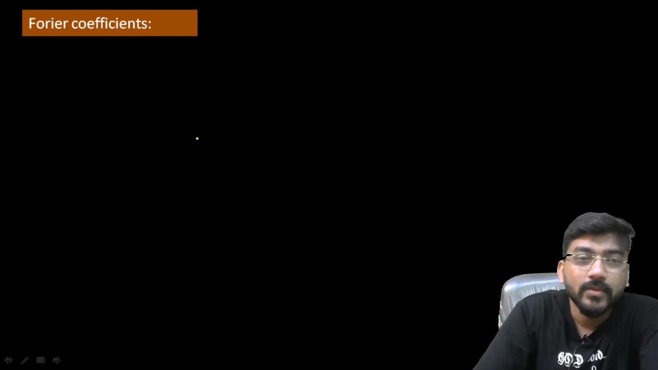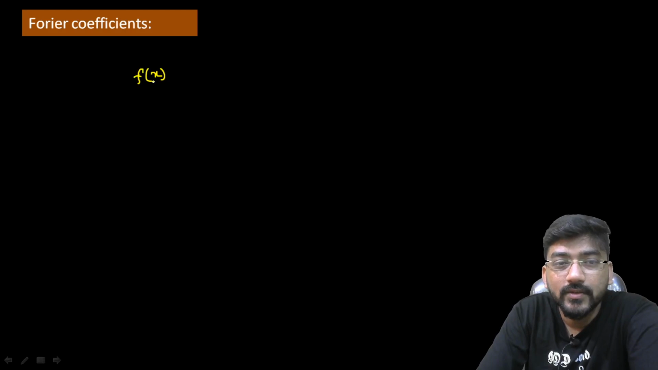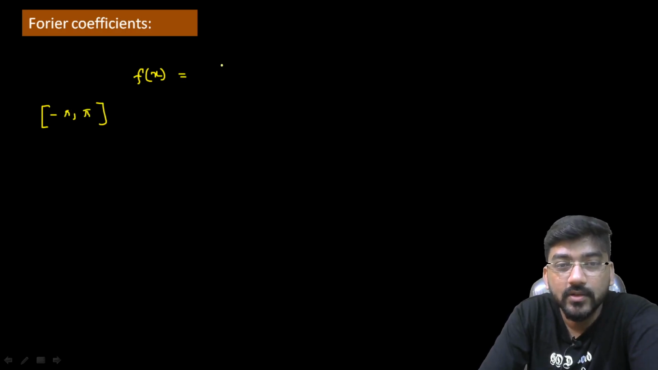So let me first tell you what the Fourier series is, which I have already discussed earlier also. Suppose f of x is a periodic function, and for simplicity let me take the function of period 2 pi, and the interval is minus pi comma pi. Suppose this is the interval, and we want to expand this function f of x. The Fourier series will be: f of x is equal to a0 by 2 plus summation n is equal to 1 to infinity